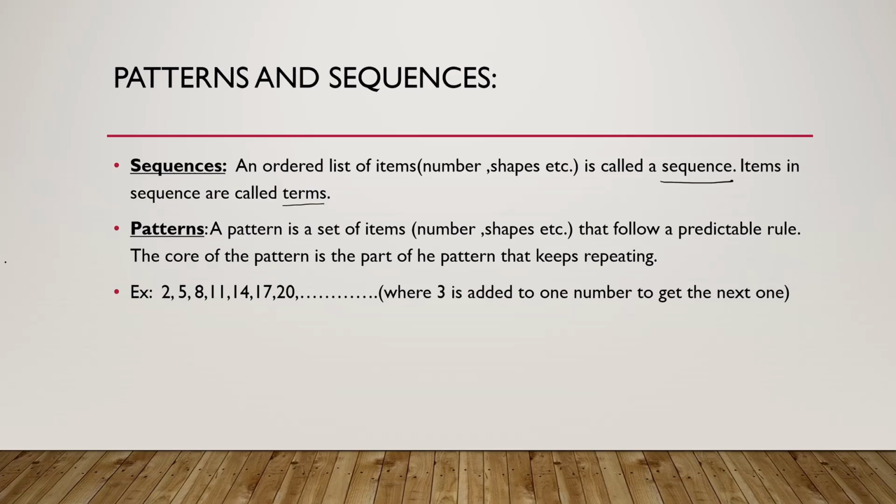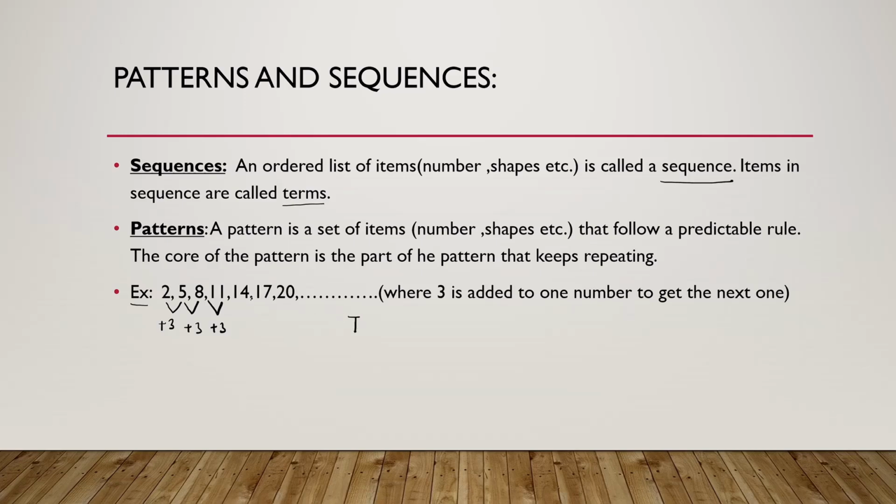I'm going to explain it to you with this example. If you see, 2, 5, 8, 11, 14, 17, and 20 is the sequence I have. Each item is a term and there is a pattern defined. If you observe closely, there is a difference of plus 3 in every next term. This is plus 3 and this is plus 3. So how do we identify this rule? That rule is called a term rule.